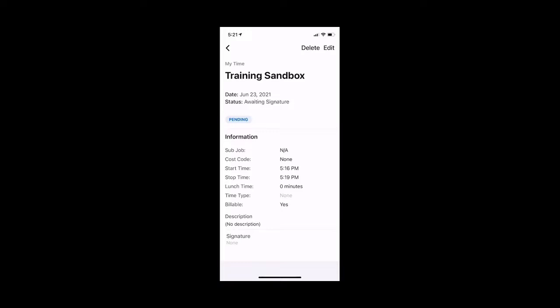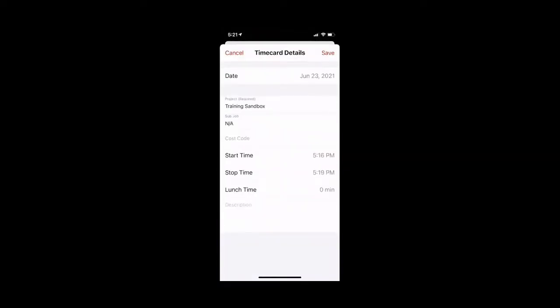I will go ahead and use the edit button in the top right-hand corner. I will fix my start time to 7 a.m. I will also fix my lunch to 30 minutes because I took a 30-minute lunch today. Because I made a change to my time clock to fix my clock in that I forgot, I need to